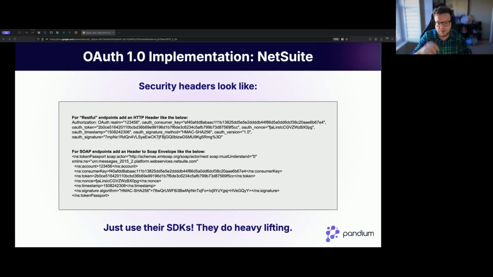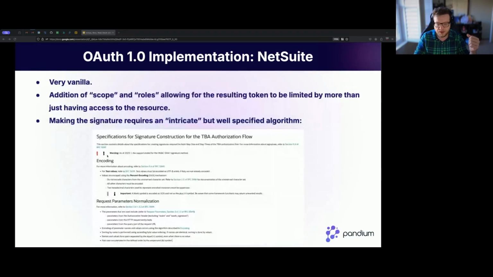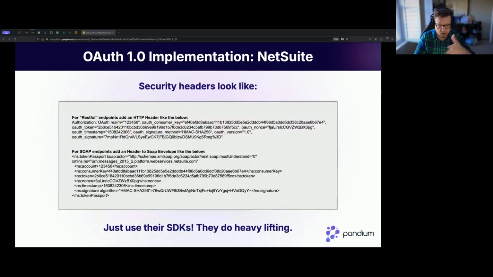endpoints. And just to take a step back, the reason we need to worry about NetSuite's OAuth 1.0 implementation is most of their API is not RESTful. They have 3 different APIs. If you want to have full access to NetSuite systems, you have to use what they call token bearing authentication or TBA, which is really just OAuth 1.0. With all that said, writing these signatures isn't that hard when you have something like an SDK. Just use the SDKs they provide you.